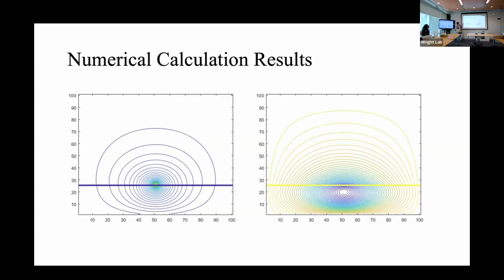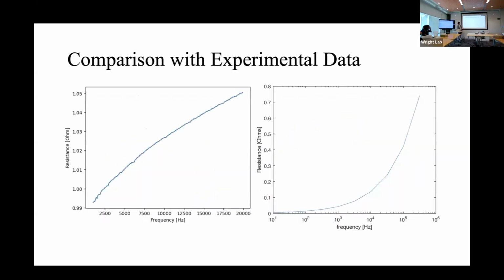Comparing the data we get from these calculations and the aforementioned actual measurement on the LCR meter and the temperature controller gives us this for the resistance. You see, it doesn't really match that well the overall trend nor the values on the y-axis. However, there is a calibration that we need to complete, subtracting the base resistance of the system at 0 hertz, and then